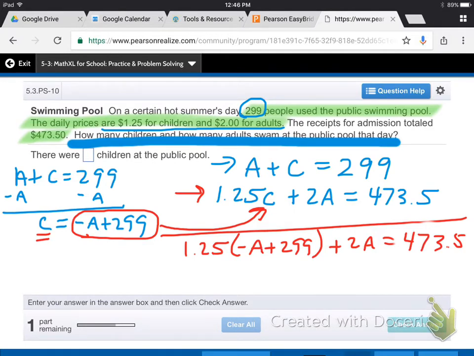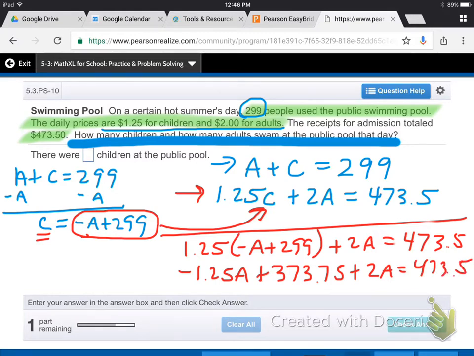So let's distribute. We get negative 1.25A, and then 1.25 times 299 is, a quarter of 299 is 75. I'm going to have to do that on my phone. So that is 373.75 plus 2A equals